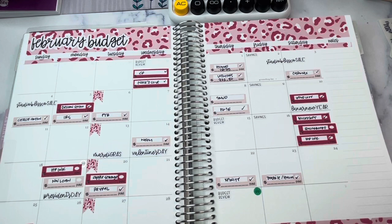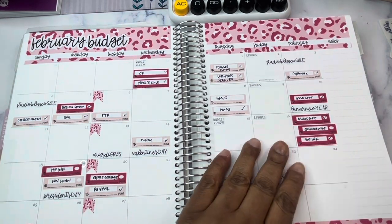It is time for a February mid-month budget update. I am going to share where we are mid-month for income, expenses, business expenses, cash envelope or sinking fund spending, and debt and savings, and an update on goals. So to start with, for this month,